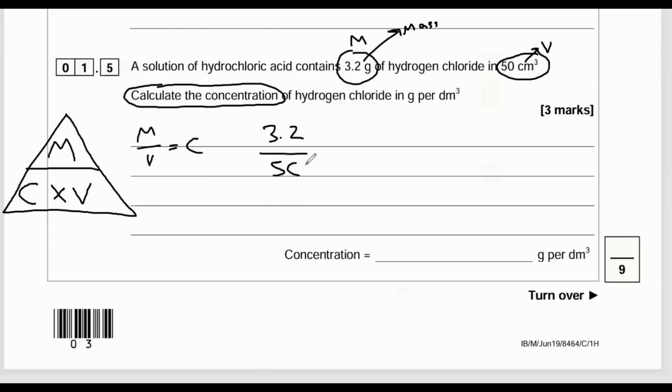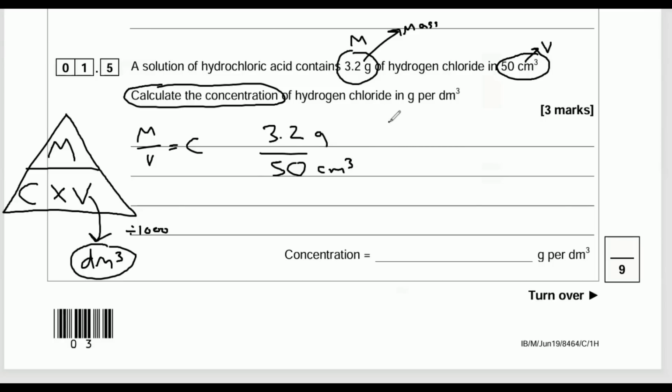But you're not going to get all 3. Why? Because volume is a little bit harder. In chemistry, we are supposed to convert centimeter cubed into decimeter cubed. Volume is always in dm, and you do that by dividing by 1,000. So actually, if you do 3.2 grams over 50 centimeter cubed, you're only going to get 2 of these 3